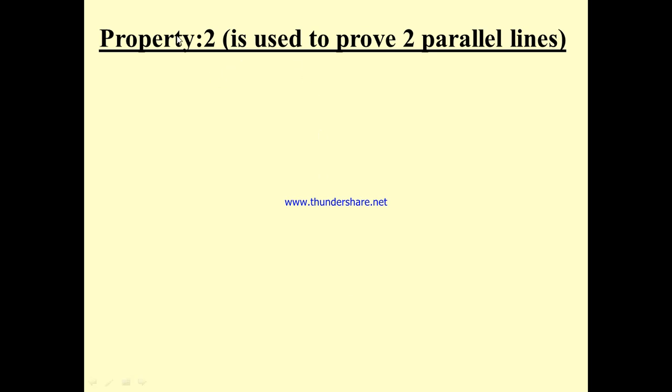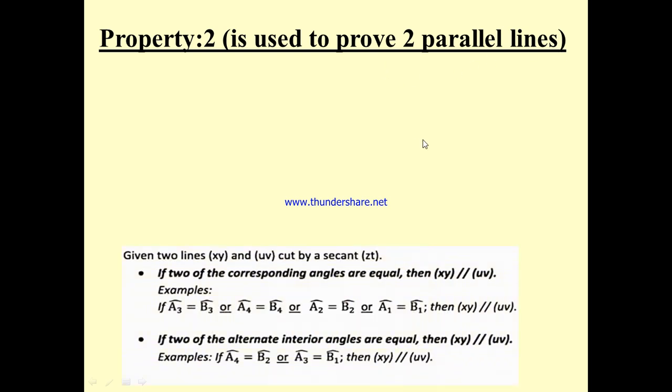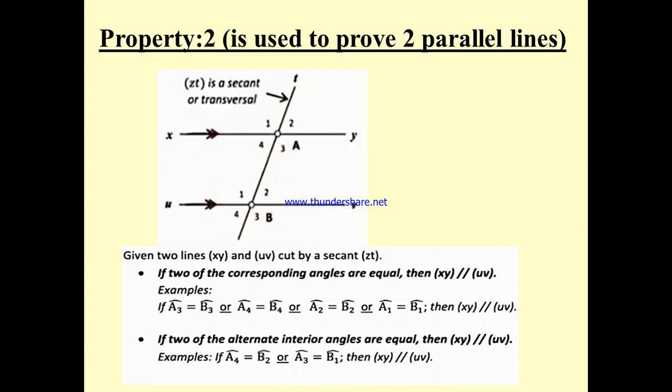Okay, now let's talk about property 2, which is also an important property. We use this property to prove two lines are parallel, or to show two lines are parallel. Take this figure, okay? Take this figure. I have X, Y, and UV. The property says that